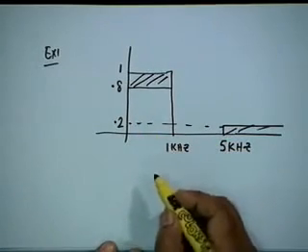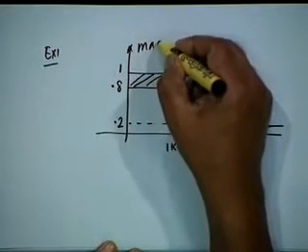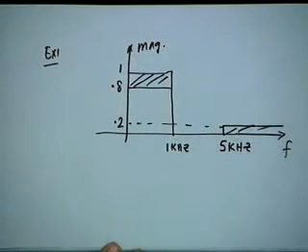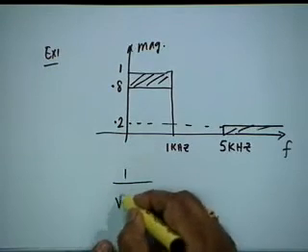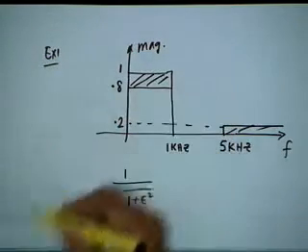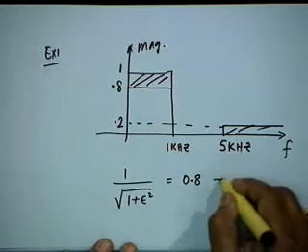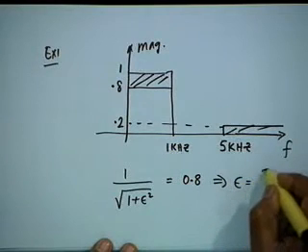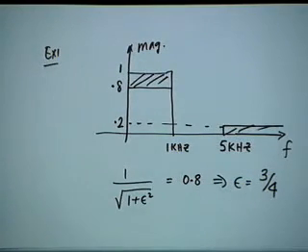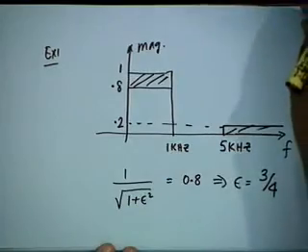All right. If you are required to find out the Chebyshev transfer function, the first thing you do is calculate epsilon. This is magnitude and this is frequency in hertz, okay, not capital omega, not radians. Now, 1 by square root of 1 plus epsilon squared, if this is to be Chebyshev, then this must be equal to 0.8. Agreed? So, epsilon from here calculates out as 3/4 or 0.75. Wherever possible, you maintain a fraction, because fraction does not truncate the number. All right. You have found out epsilon.